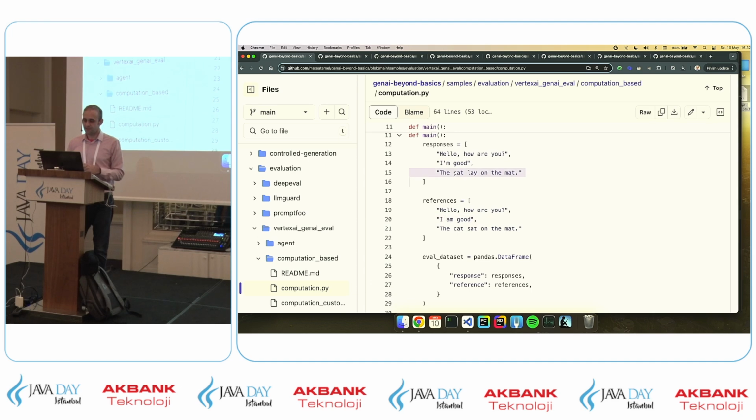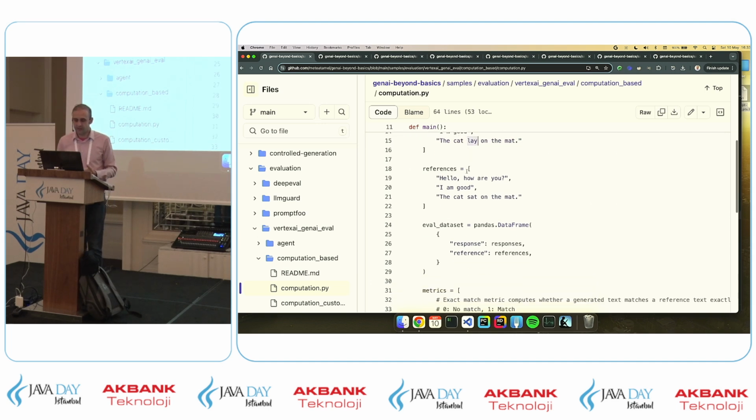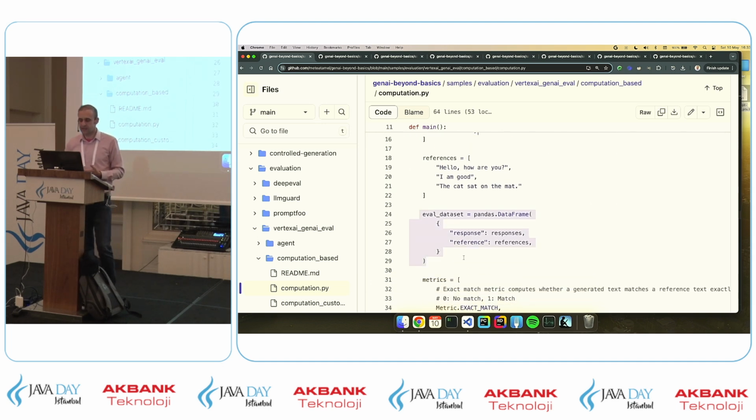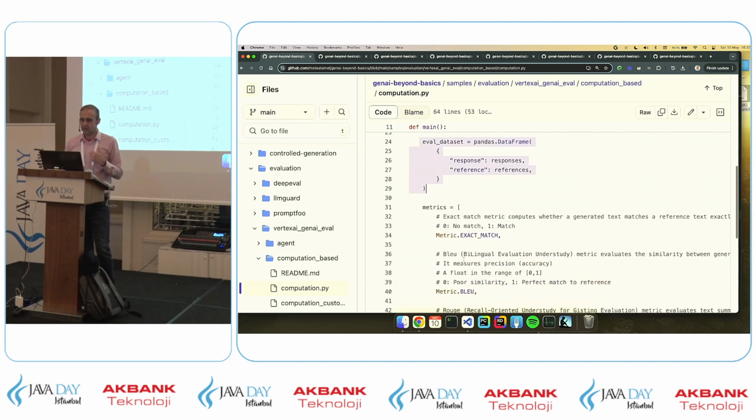And then here, "the cat lay on the mat" and "the cat sat on the mat". It's pretty much the same. As humans would say, this is the same, but in terms of the actual text, it's quite different because instead of "sat", we say "lay", right? So if you have these, then you create a dataset with your response and reference, and then you create